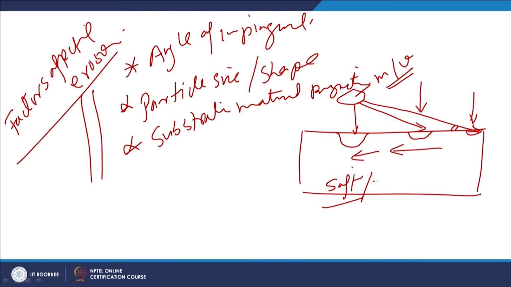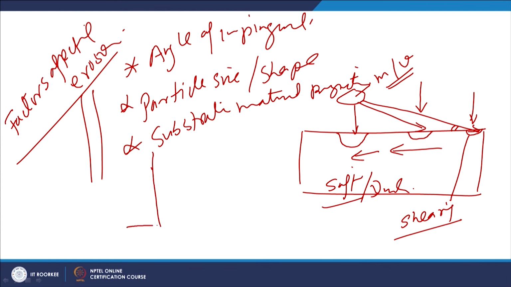In case of soft and ductile materials, although the depth of indentation is less, the material is subjected to more cutting action by shearing, and therefore loss of material in case of low angle impingement is more, by cutting action through shearing and plowing. On the other hand, when the impingement takes place in soft and ductile materials, mostly plowing takes place, which does not lead to much material loss from the functional surfaces.